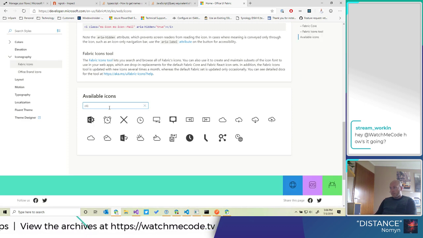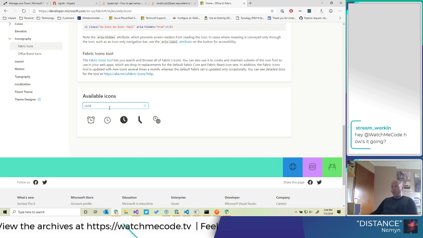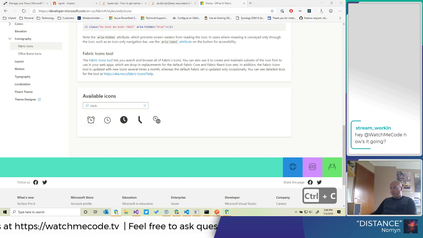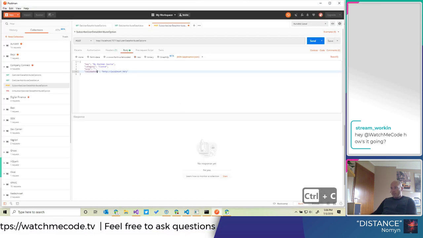Clock. Maybe we want to use a clock, so we can use this name, alarm clock, as the name for the icon. That's what we want to enable.